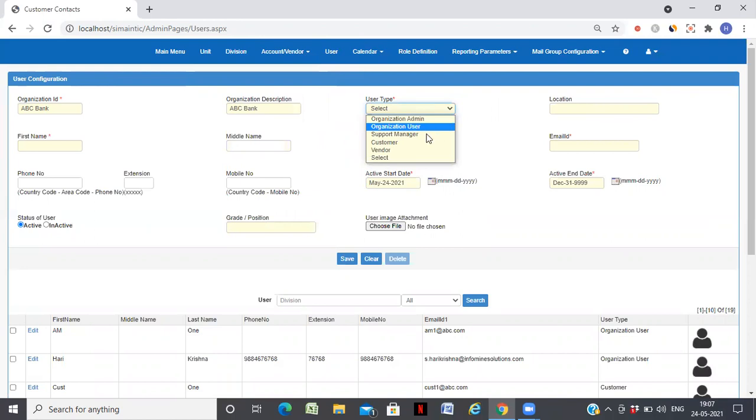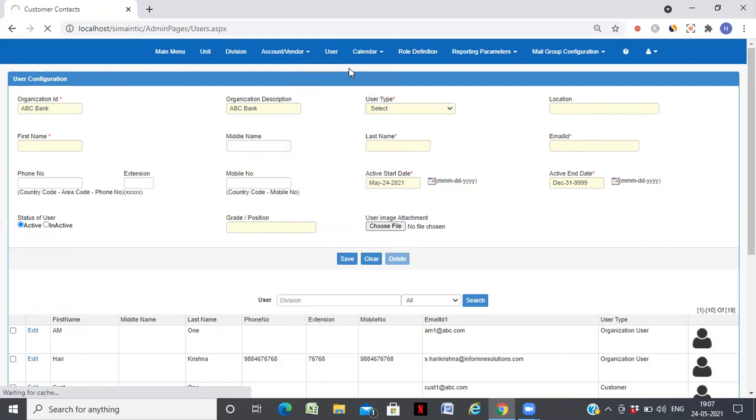We have a separate type called support manager. This role is the person who receives all the tickets which have been raised, and routes them to the right team and right project. If you want to create a login for customers or vendors, you can do that. So I've created various roles and users here.